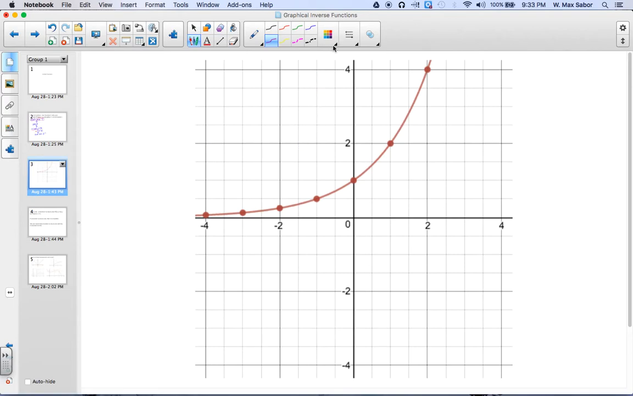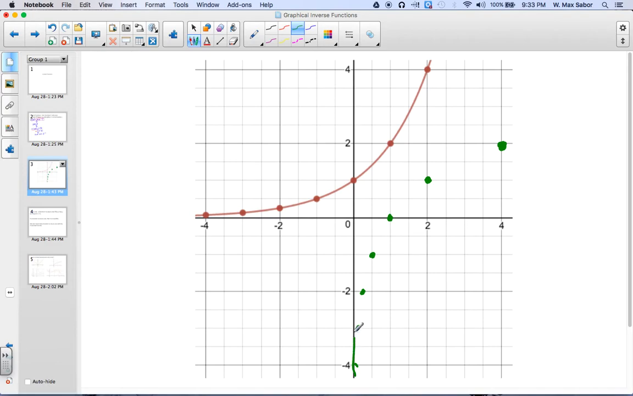What we just said was that if we switch the x and the y coordinates of a function, then that will become the inverse function. So let's look at this. This is the point 2 comma 4. If we switch that, it becomes 4 comma 2. This is 1 comma 2, 2 comma 1. 0 comma 1, 1 comma 0. That's negative 1 comma 1 half, 1 half comma negative 1. Negative 2 comma 1/4, 1/4 comma negative 2. And if we continue this pattern,